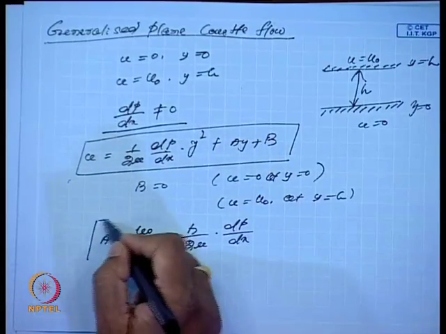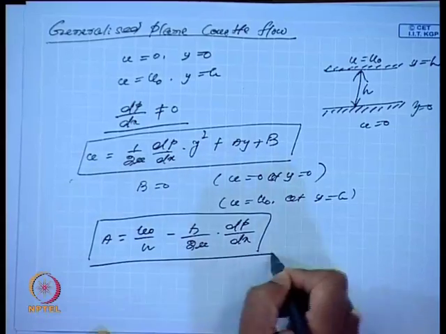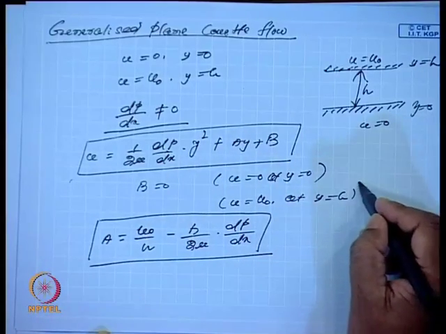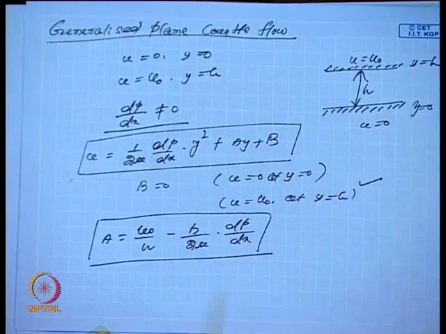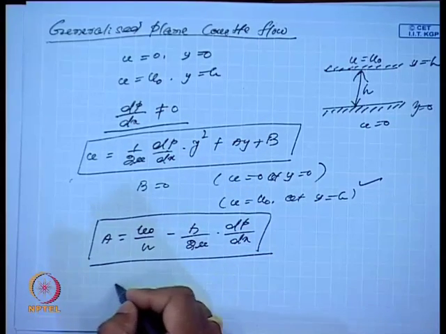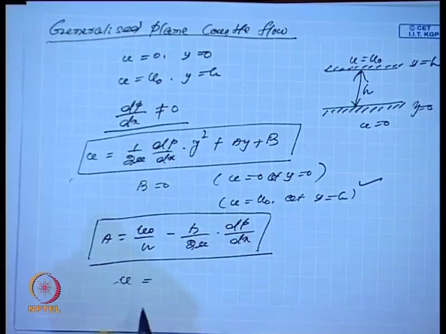This can be obtained just by substituting u is equal to u naught at y is equal to h in this equation, where b is 0, and in the process you get u is equal to